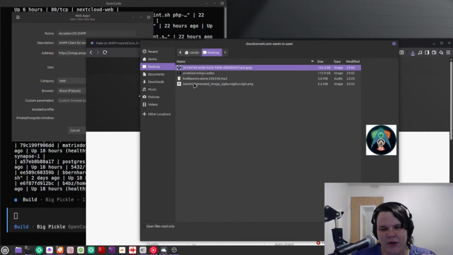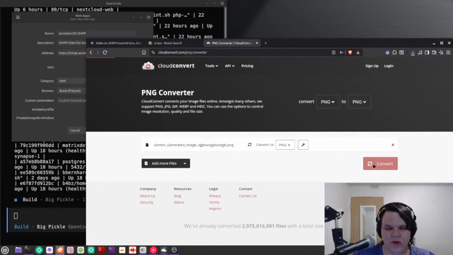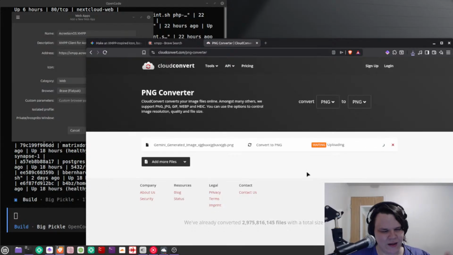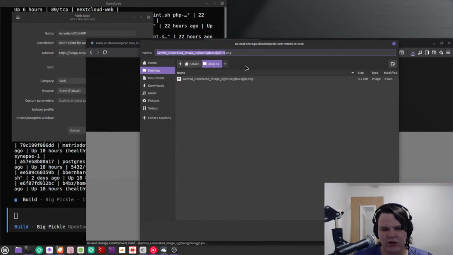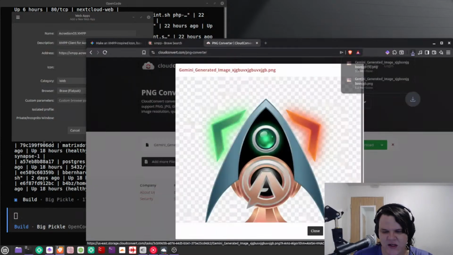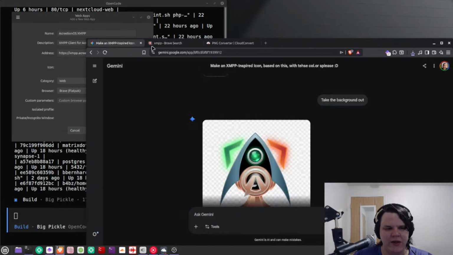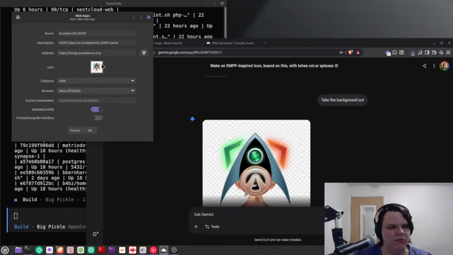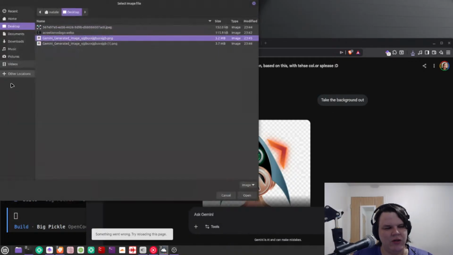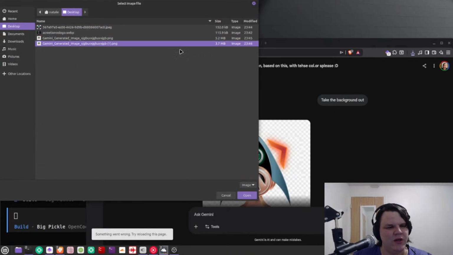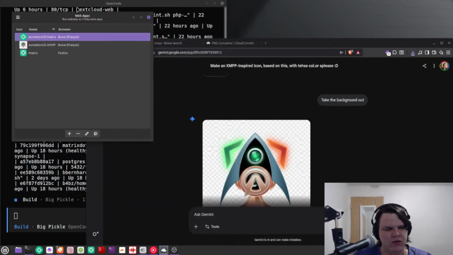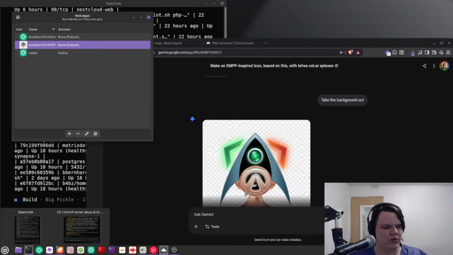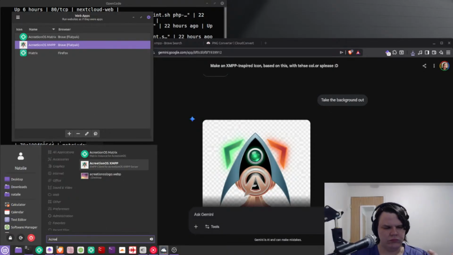So I'm gonna go ahead and grab the image. I'm gonna convert it over. I don't care that they have these images, that's why I'm just using an online one rather than something like FFmpeg. We'll hit download. Desktop, that's totally fine. And we'll go ahead and do this. Browse. Desktop. PNG. Cool. Okay. Cool. Now we'll do. There we go.